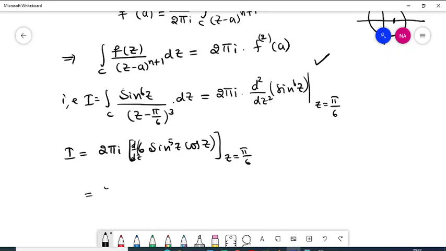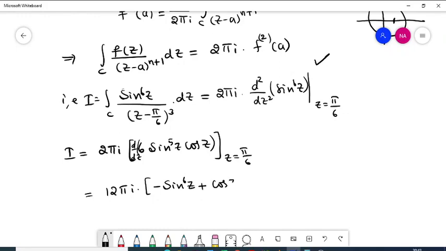Differentiating again, taking 6 outside, 2 pi I into 6 is 12 pi I into, differentiating this, keeping sin power 5z, the derivative of cos z is minus sin z, so minus sin power 6z, plus